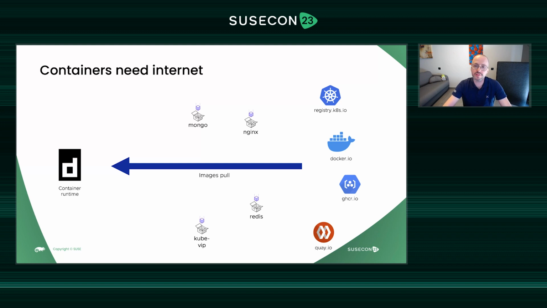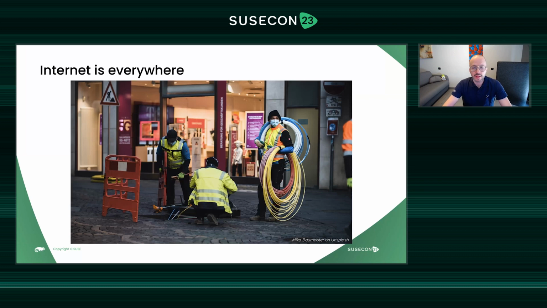You have plenty of different registries. The best known one is Docker Hub. This is the first one we started to use more than 15 years ago. And today there are plenty of different registries where you can find a lot of cool containers. For example, the best known are the ones from Amazon, from Google, or from Azure and Red Hat.